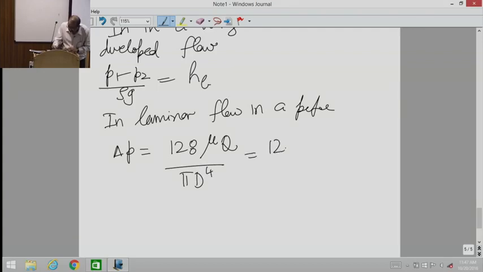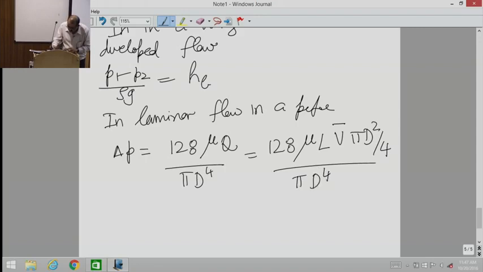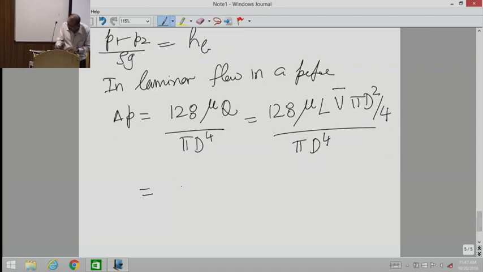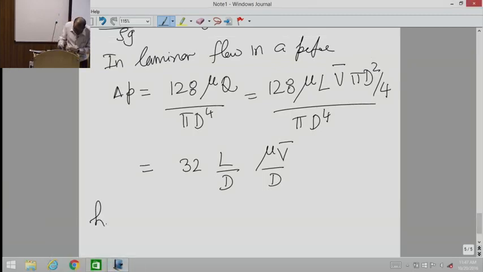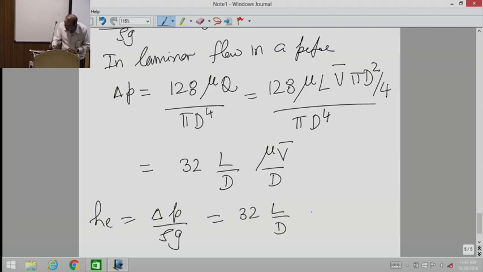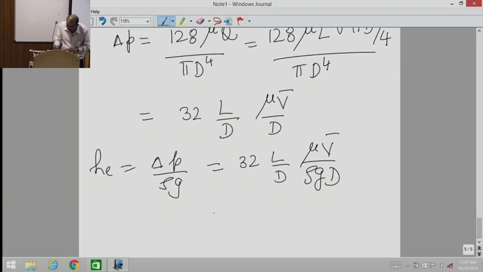So this we can work out as it will be 128 mu L V bar pi d square upon 4 divided by pi d^4, and when I work out this pressure drop, it turns out to be 32 times L by D mu times V bar upon D, and the head loss, which is equal to delta P by rho g, becomes equal to 32 times L by D mu V bar upon rho g D, and this we are rewriting as